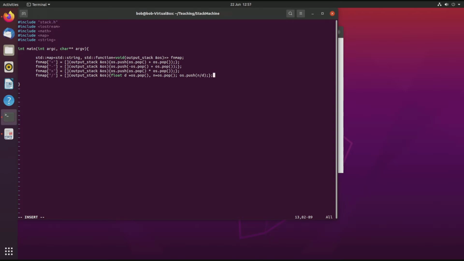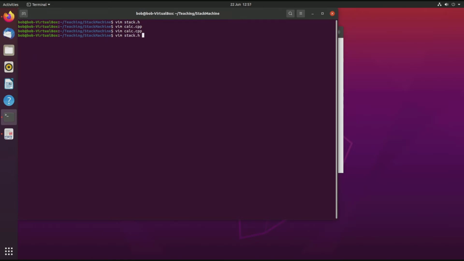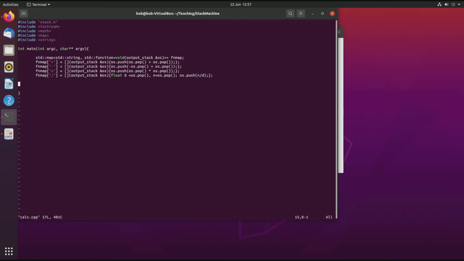Okay, so that's basically it. I can now do the 4 basic operations. So I will now create, what did I call it? Interpreter, that's what I called it. I will now create my interpreter,